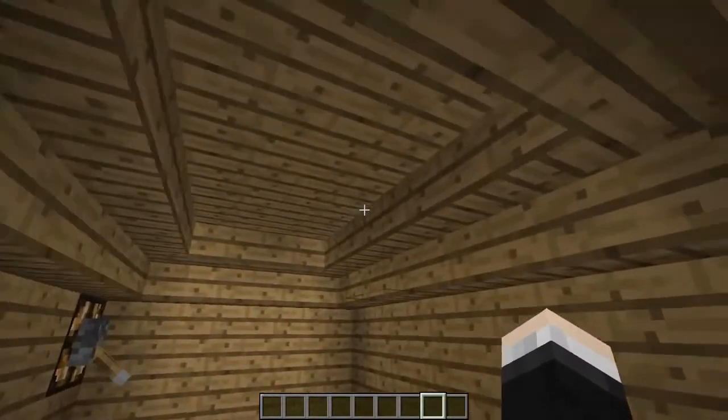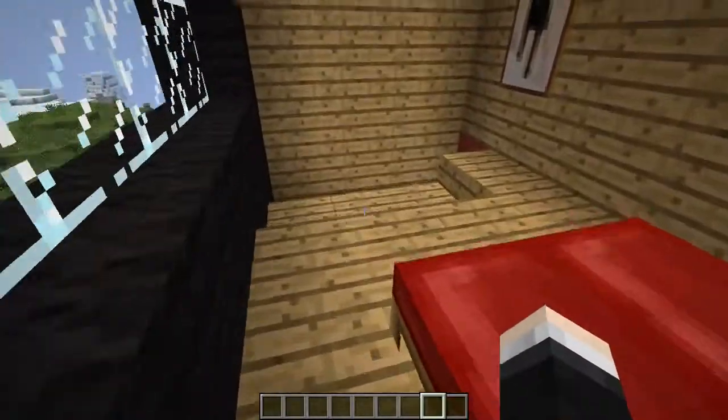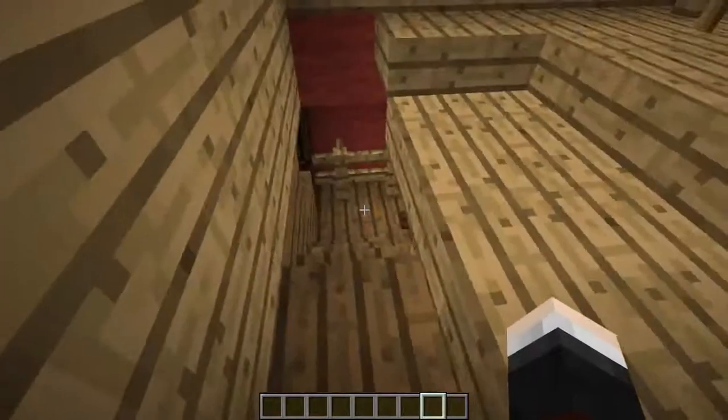And final note, I just rounded off the top just to make it look a little bit cooler, and that is pretty much the Notch house. So let's go through it again. We've just got amazing different color woods and stuff, and if you've got any more ideas, I'm running